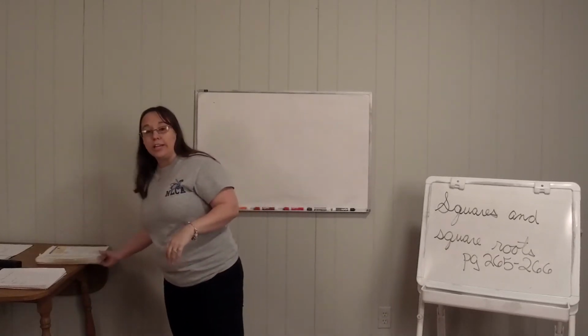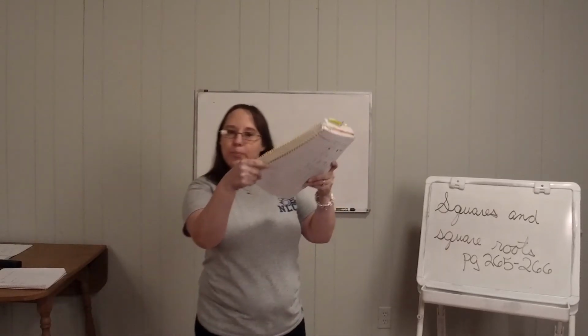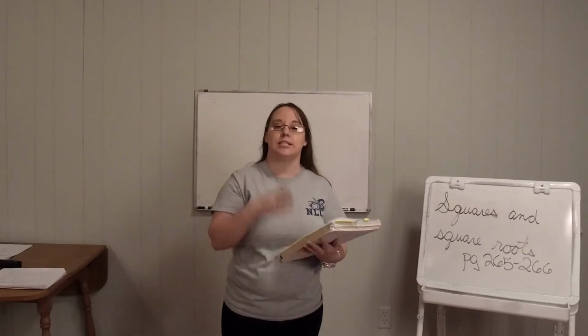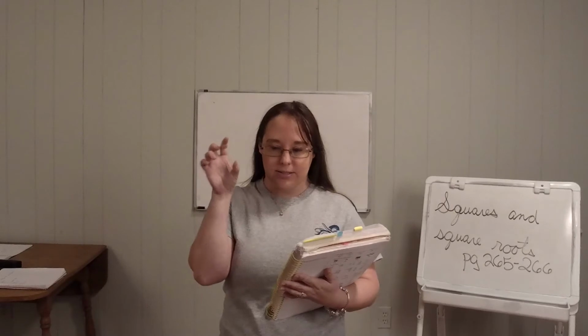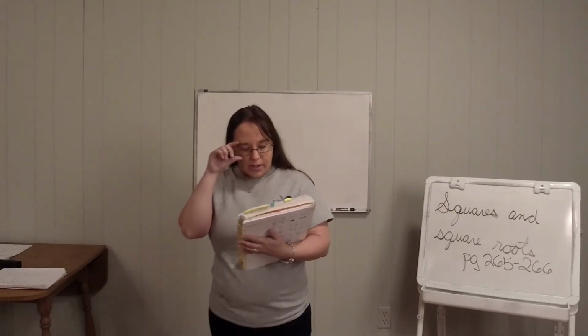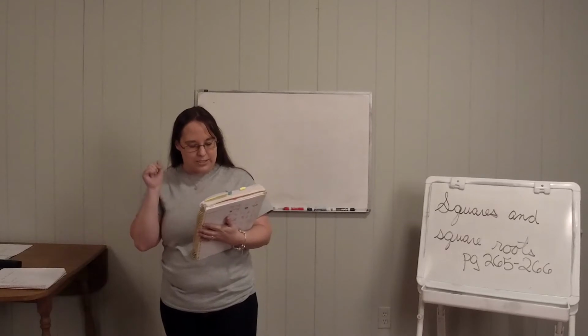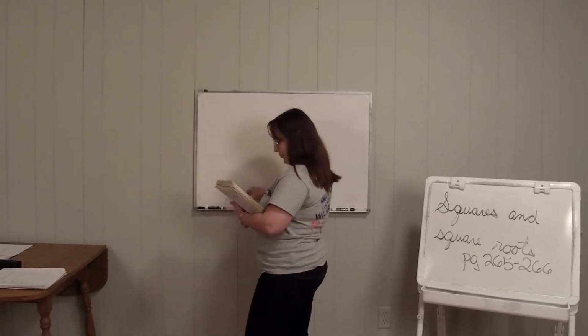So if you get out your trusty math book, like your trusty notebook is your trusty math book. Okay, we're on page 265. We're going to go through this. I want everybody to look at that box in the top. This says area of a square is the product of the side by itself. So it has the example